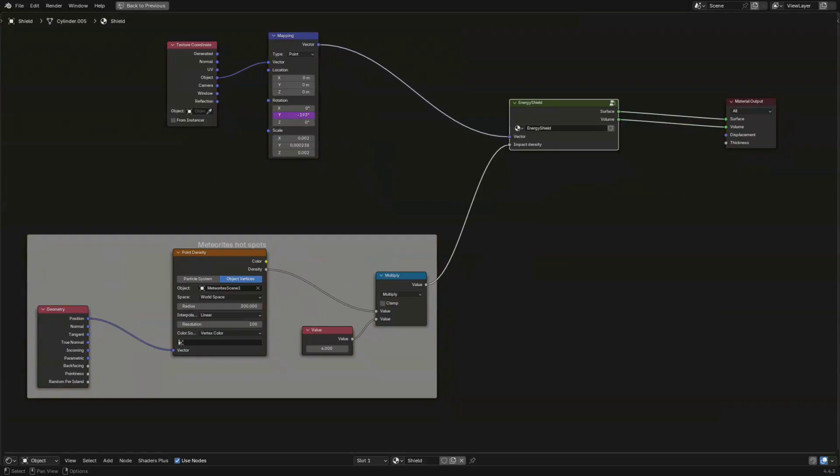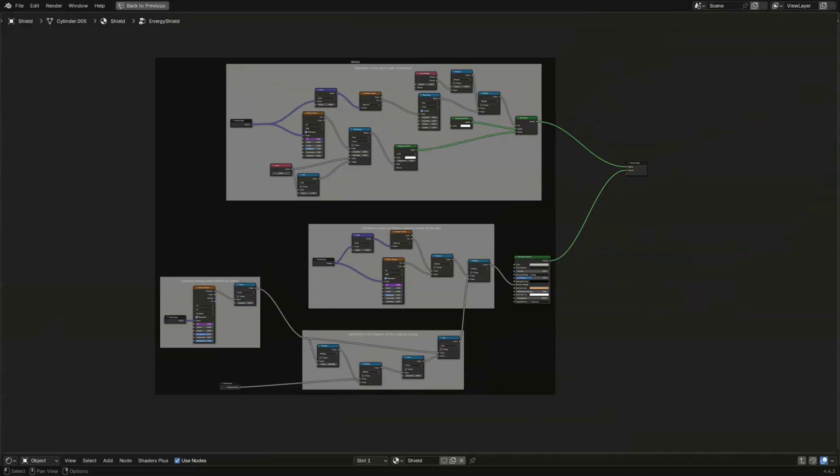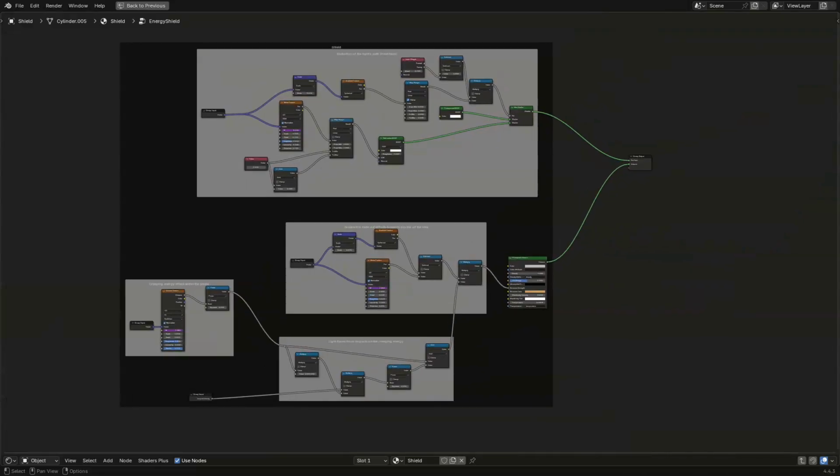Here is how the shield shader looks. The shield effect relies on three elements: a distortion of the light's path, a creeping energy effect within the shield, and light flares from the creeping energy upon collision with meteorites. A gradient is used to fade out effects towards the border of the shield.